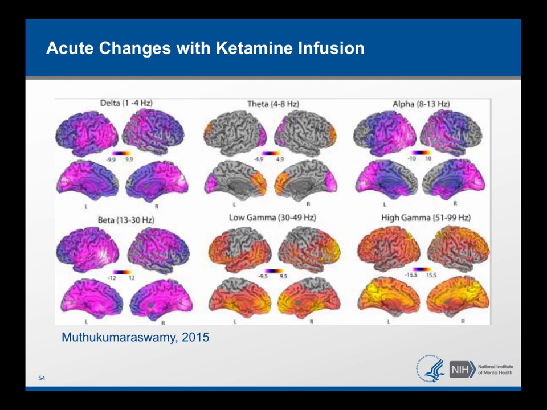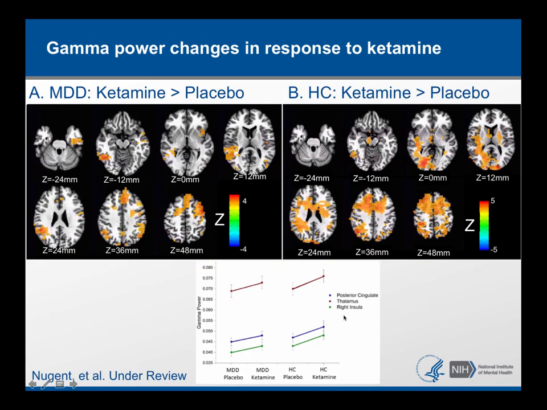spectral power across all the bands, with delta, alpha, and beta showing decreases in power, and gamma and high gamma in particular showing increases in power. In our mechanism of action study, we also included MEG, but it was done around 6 to 9 hours post-infusion, not acutely during the infusion. But even at that point, we still see increases in gamma in the ketamine condition compared to the placebo condition, and these